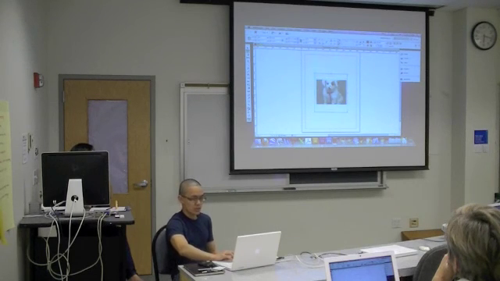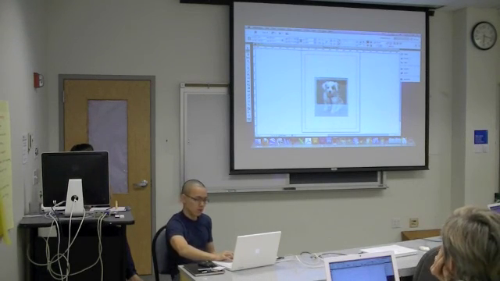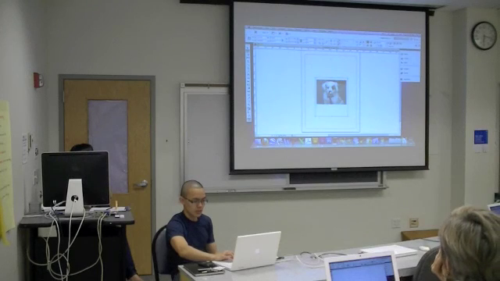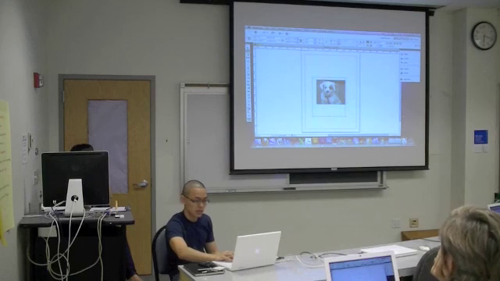If you have a really big picture, you only want a section of it to show, and you don't want to have to deal with cropping. Just put the picture in and move it around to whatever you want to show inside the box. If you switch back to the black arrow,